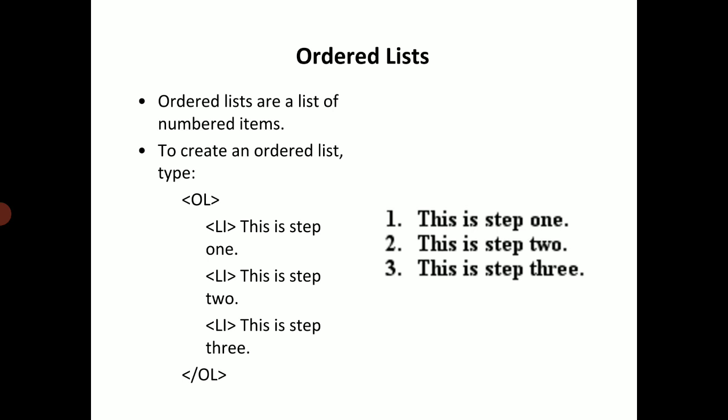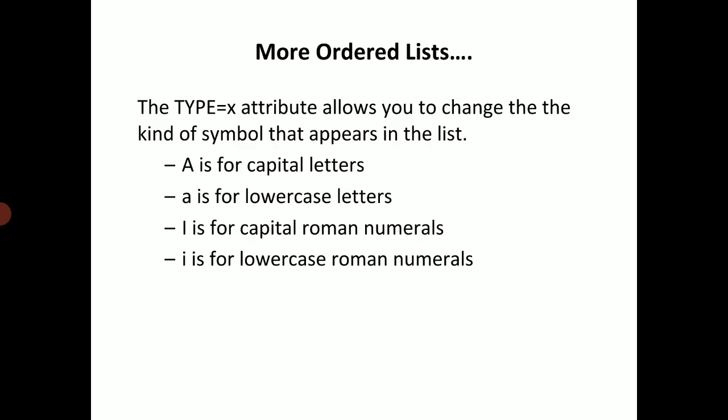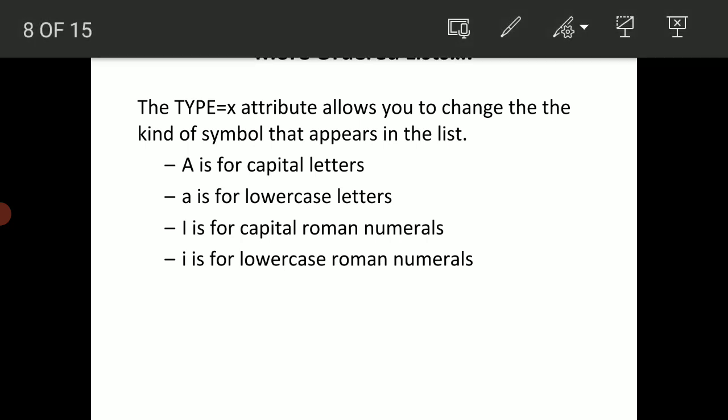And by executing this code, we will get output like this. Here we will get the output: 1, this is step 1; 2, this is step 2; 3, this is step 3. More ordered lists. The type equal to X attribute allows us to change the kind of symbol that appears in the text. In the previous example,